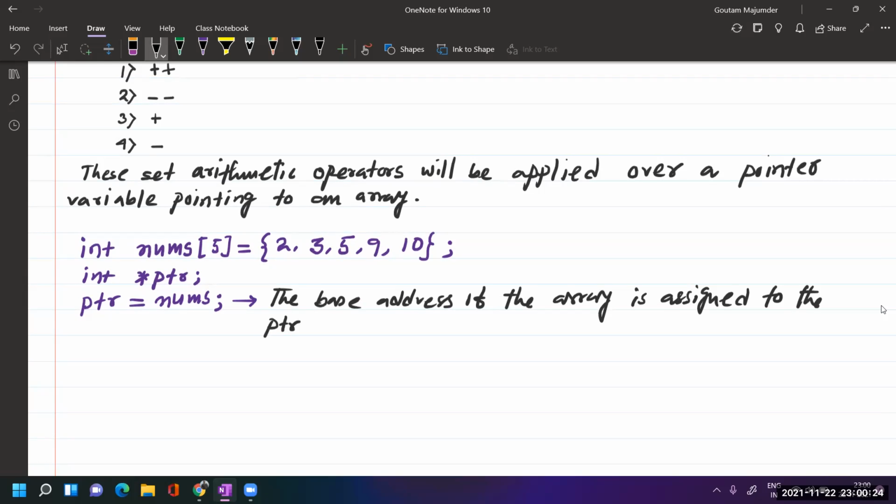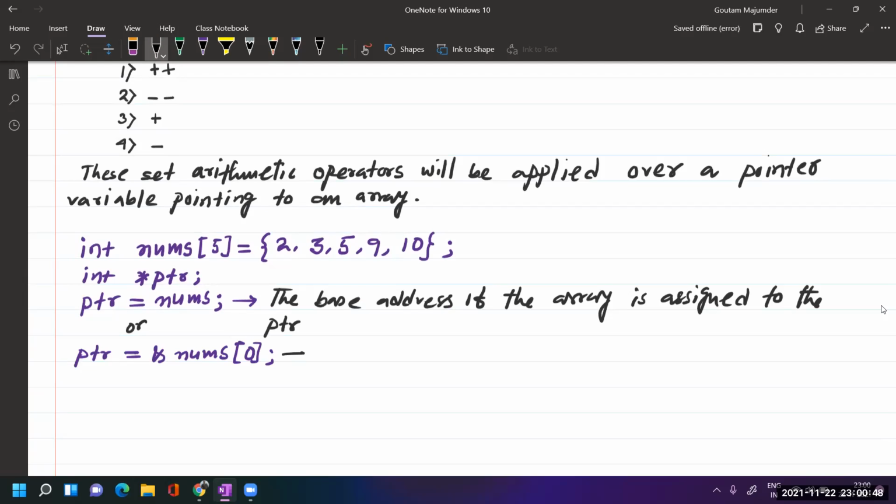This statement can also be written in another way. We can write this statement as PTR equal to address of nums of 0.